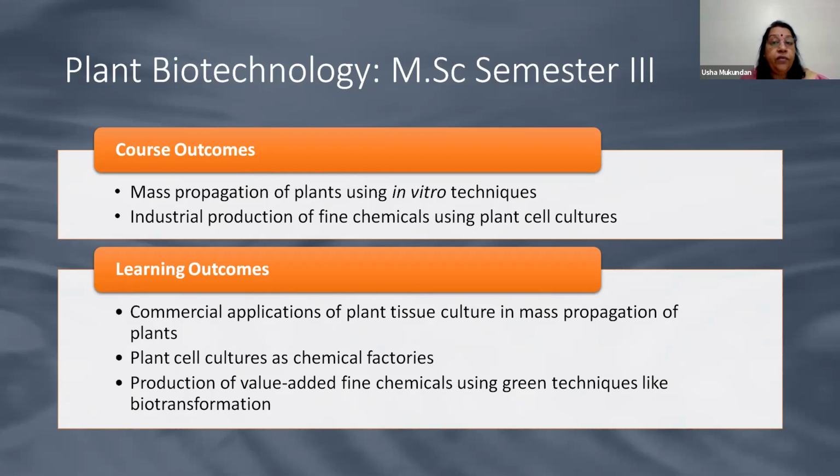Now there is another very important aspect which you are going to learn: that you can have a low value precursor which can be converted into a high value product by using a technique known as biotransformation. That means your catalyst is an entire cell or a cell aggregate which has all the enzyme machinery capable of carrying out multiple steps, and as a result a simple precursor will be converted into a value added product. This is looked upon by the industry with a great sense of optimism, because industry is looking at production of fine chemicals on a large scale.